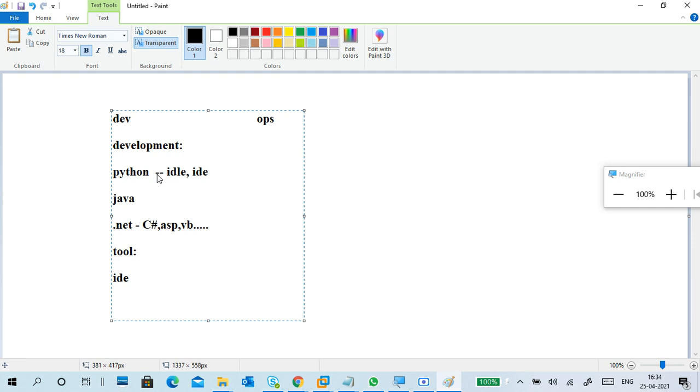Next, Java. You can write in Notepad and execute it, or you can use an IDE. We said one is Eclipse, NetBeans, and others are also available. There are so many types of IDEs.